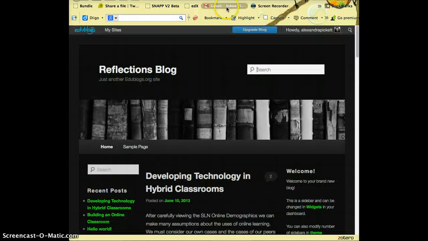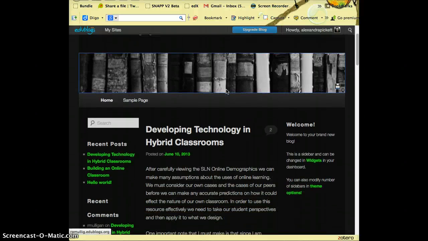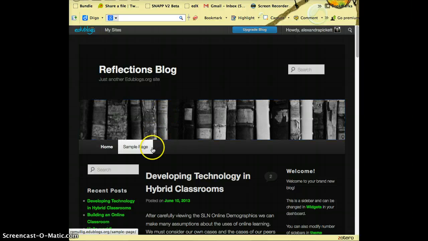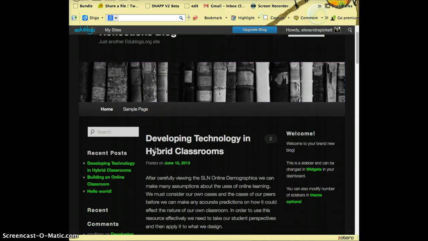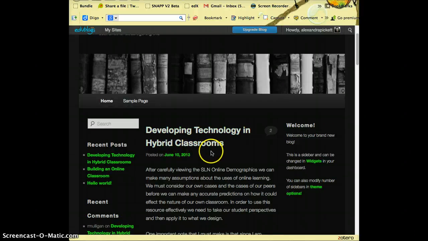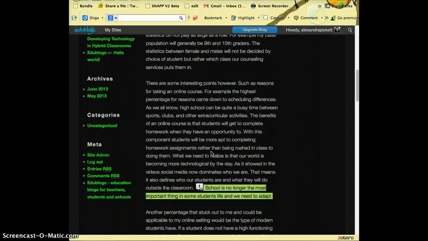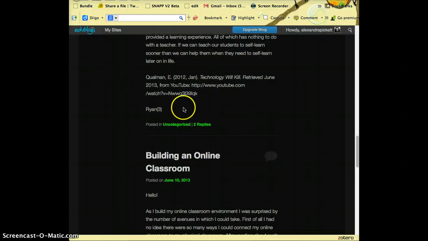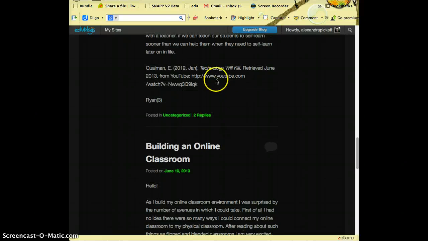Let's look at, here we are on Ryan's blog. So Ryan, this is a good title, but you need to address the subtitle. You need an about page and get rid of the sample page. You do need to also add a link role or a blog role to your classmates. Get rid of uncategorized, categorize things as the module they're associated with. Make sure to check any notes that I've left for you. Don't forget, this could be a link here,